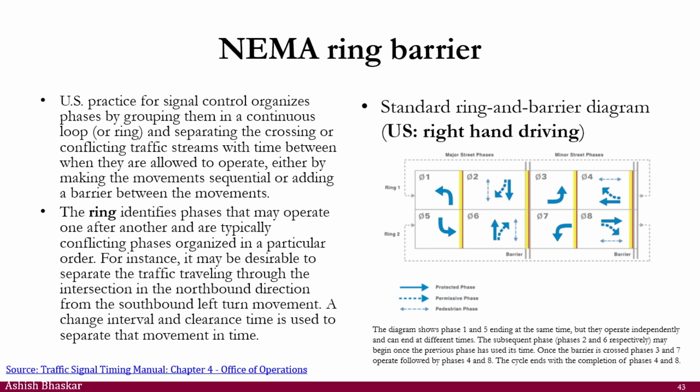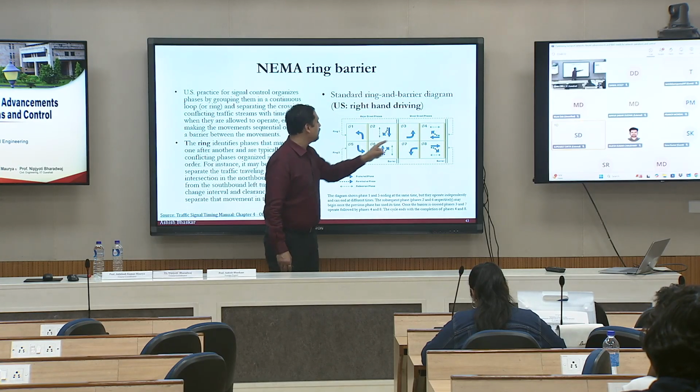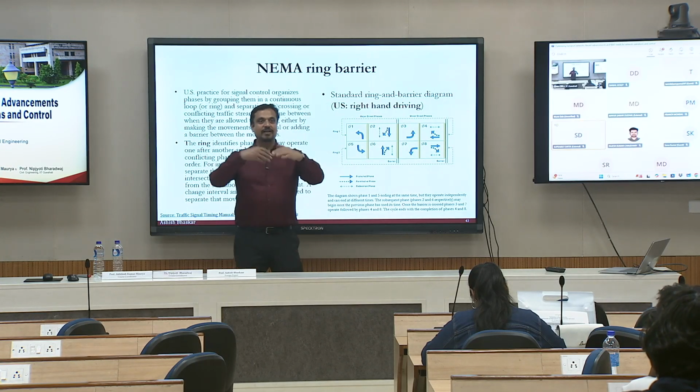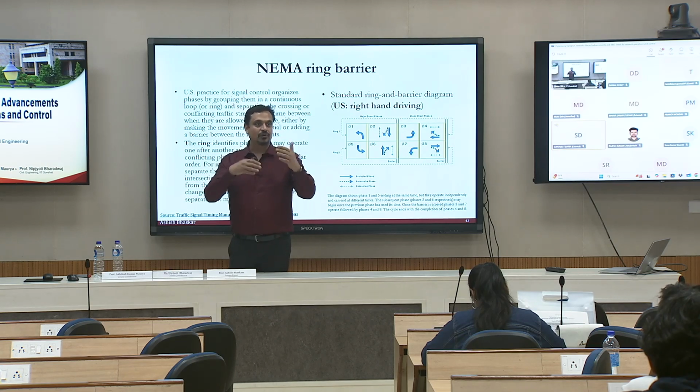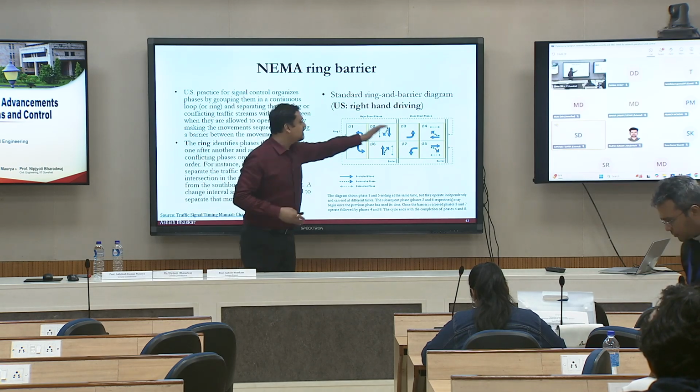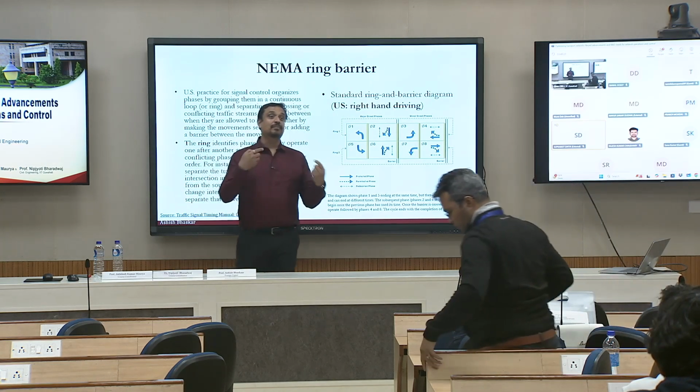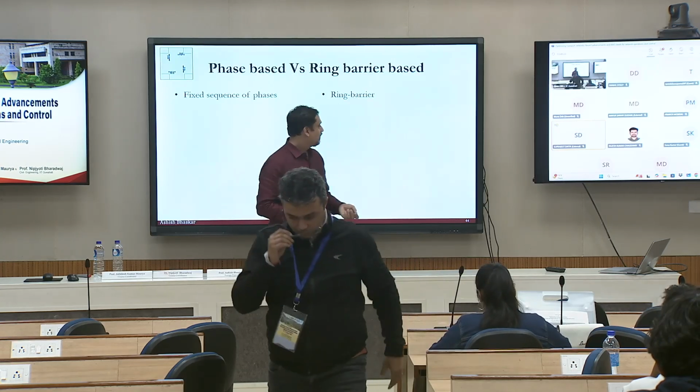So let's say phase 1 can easily go with phase 5. Phase 1 can also go with phase 6. Phase 2 can go with 5, phase 2 can go with phase 6. But phase 1 cannot go with 7 or 8, and similarly 3 and 4 cannot go with 5 and 6. That is going to give you more flexibility in the way you design the phases. For example,